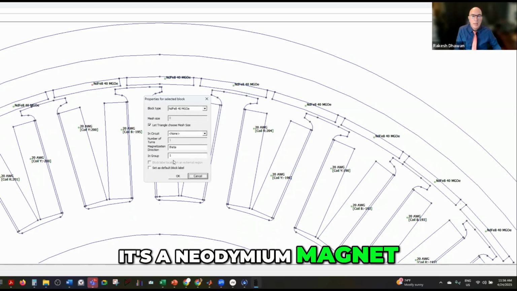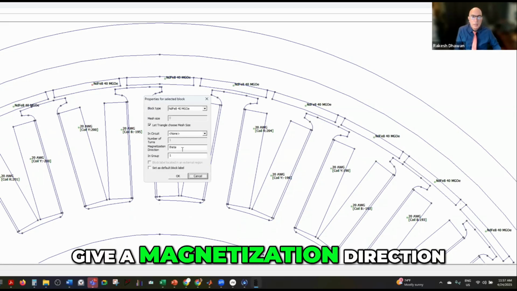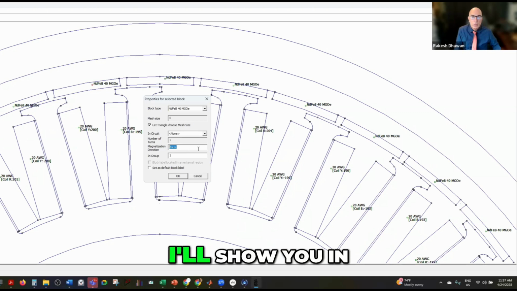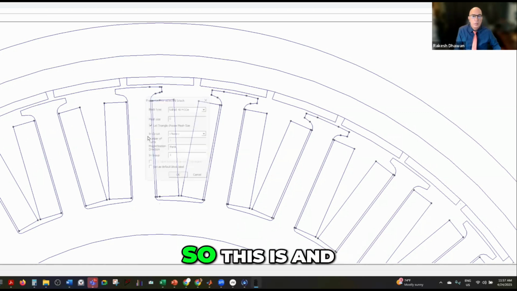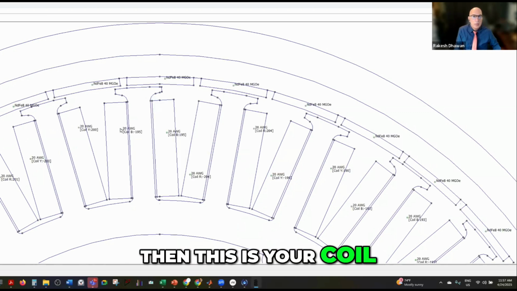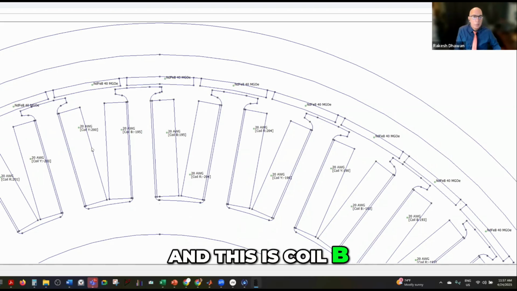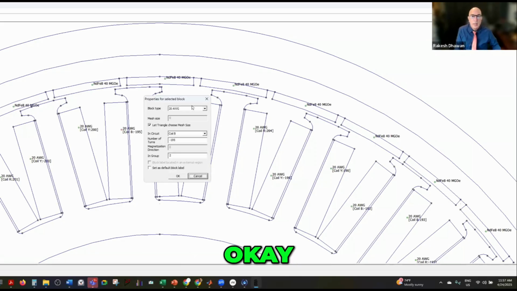and I can see it's a neodymium magnet. I have to give a magnetization direction. Here it is theta. I'll show you in a minute what a theta is. And then this is your coil, and this is coil B. So you have a coil R, coil Y, coil B. So I'm going to select this coil here. It tells you, okay, I have got